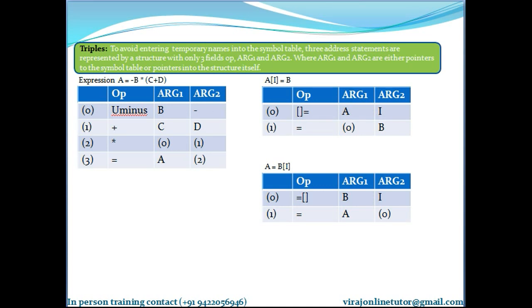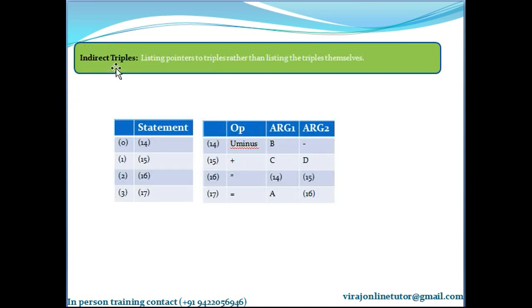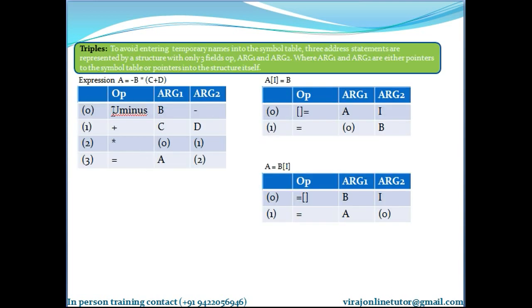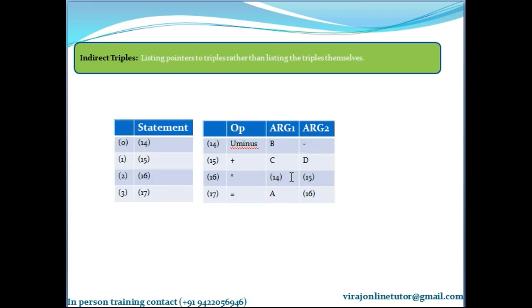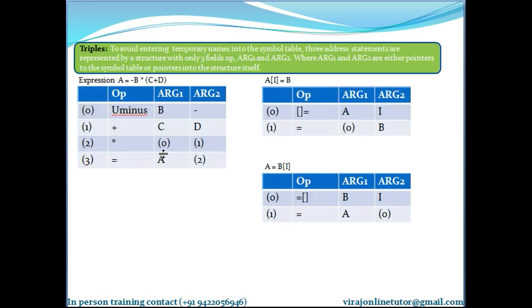Right? Hence, due to this issue, that if I move the memory, then I need to change the entire triple structure, I have come up with something called indirect triples. Here, we list pointers to triples rather than listing the triples themselves. So this is the triple structure that we had, the structure that we had constructed. What I did is, instead of directly having these numbers 0, 1 and 2 listed out directly here,